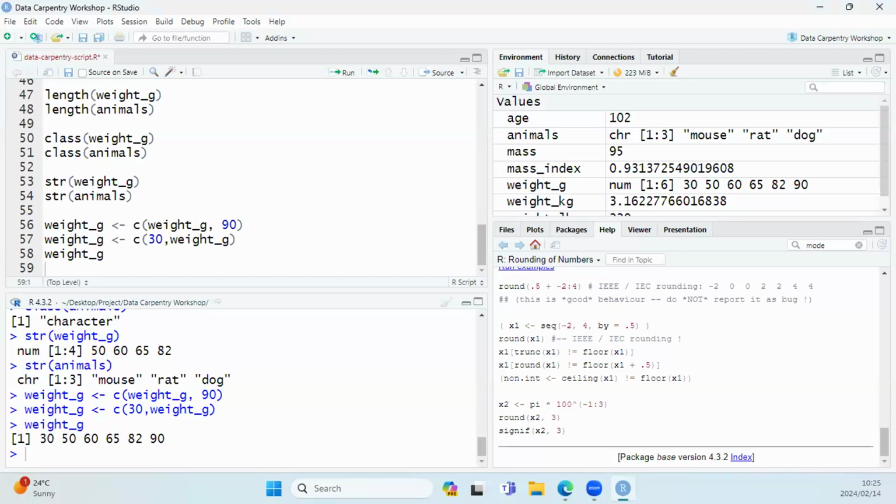Logical, I'm going to copy and paste this into the chat for you guys, so you can follow along. So we have logical, which is true and false, a Boolean type of data. Integer, which is